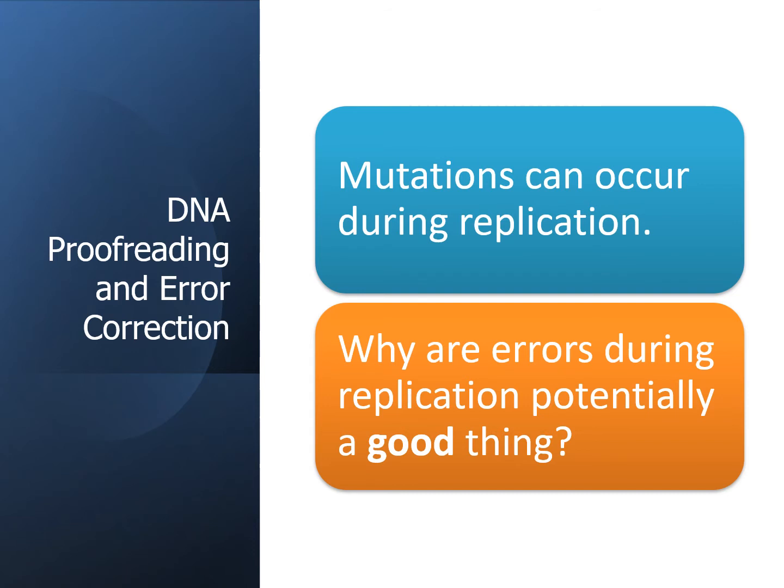Our DNA polymerase, as it's moving through and unwinding and replicating and doing its whole process, is also going to proofread our DNA and correct any errors that it comes across. And it does a pretty darn good job of it, actually. Most errors are going to be caught and fixed, but if they aren't, mutations can occur, which happen pretty frequently, unfortunately, but sometimes it's not a bad thing. And when it's not a bad thing, that is where we have evolution.